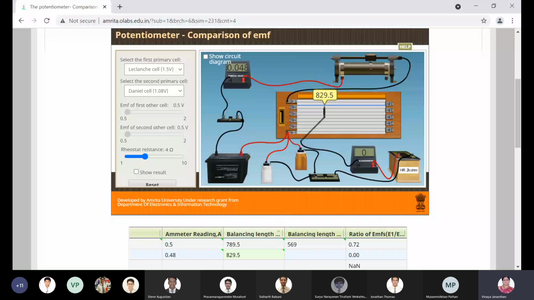Everyone, Prasanna, Siddharth, Austin, Danish, Jonathan, Surya, Steve, Muzamil, each one of you, I want your simulation plus 2 values you have to fill in your tabular column. Take a screenshot and put it so that I'll enter your names. Ma'am, 0.048? No, whatever value you are getting, it's up to you, boys. You can take any 2 values of your current. How will you take the values of your current? You're changing the resistance of your rheostat.